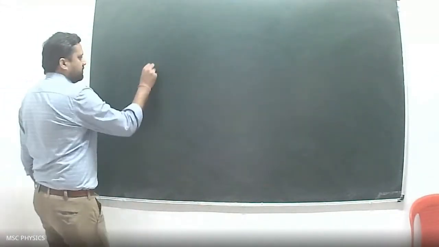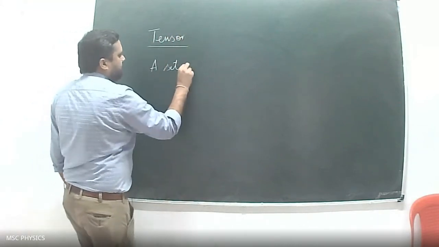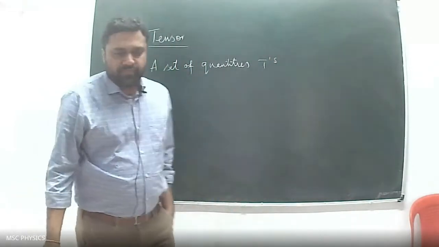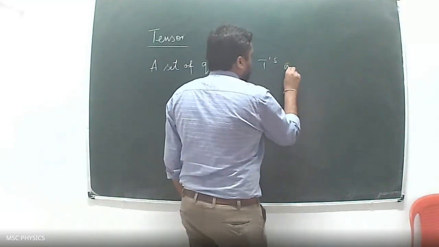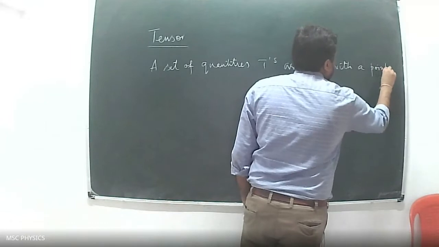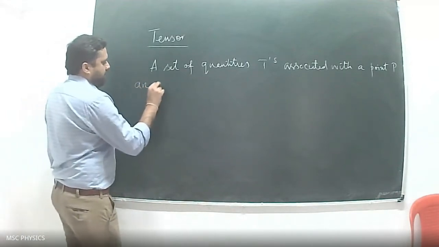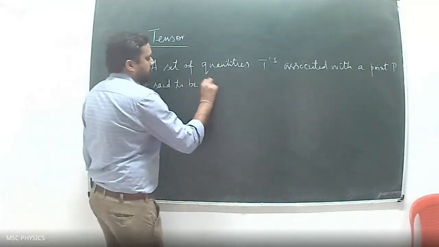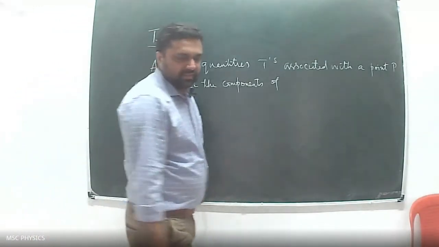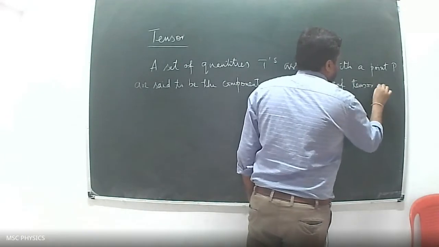A set of quantities t primes associated with a point P are said to be the components of a second rank tensor if